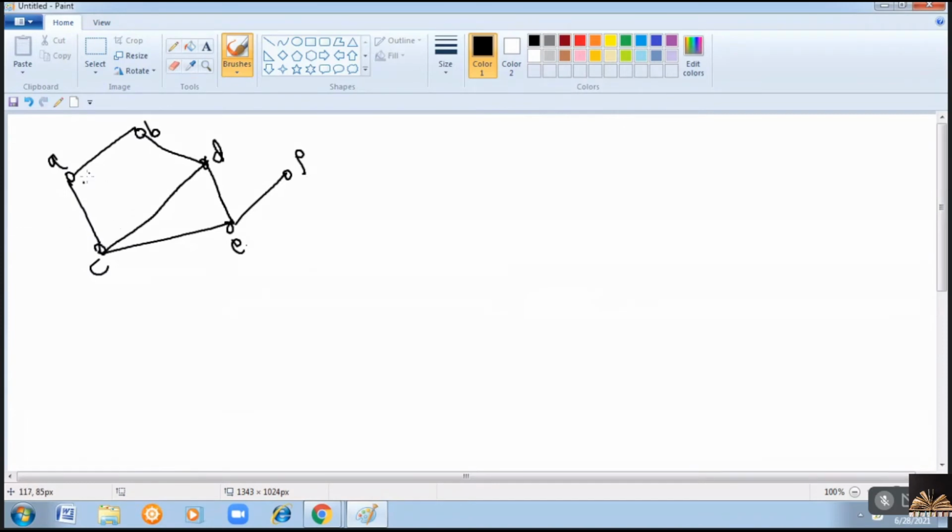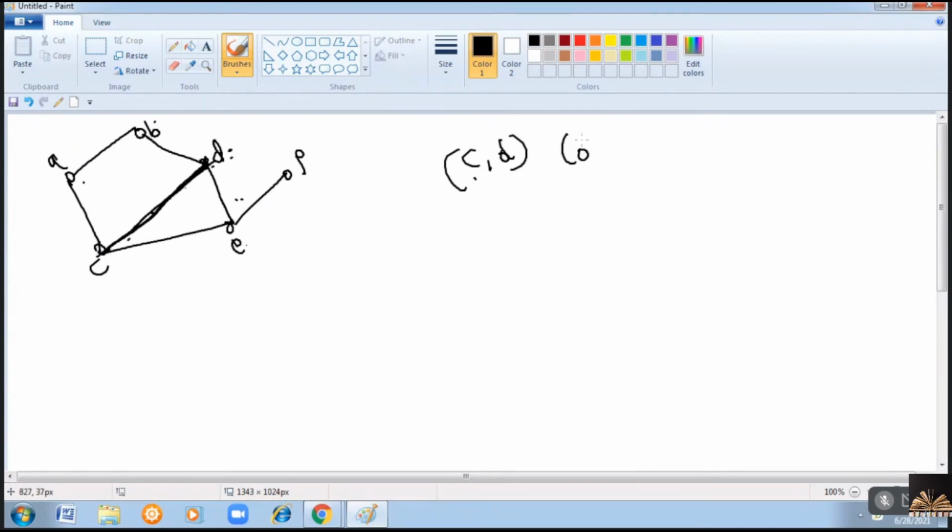So here consider AB and AC. If you remove AB and AC, it won't happen. This graph will not become a disconnected graph, right? So you have to consider the different combinations. So when you observe this graph, it is something like looking like a partition. So you try to remove CD along with one more edge. Let me consider one more edge like D comma E.